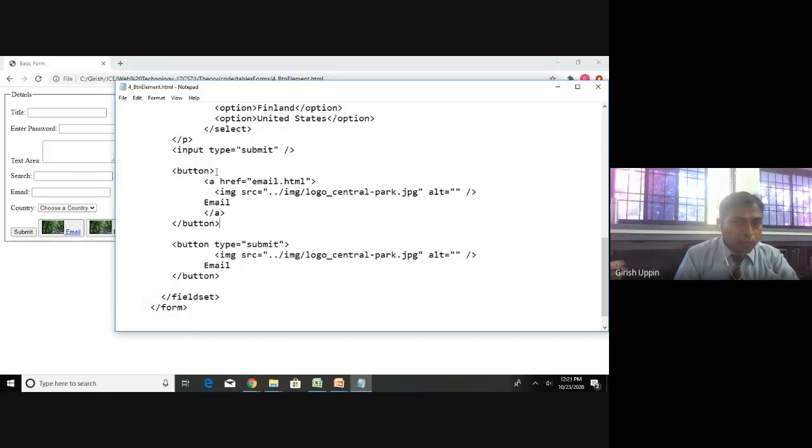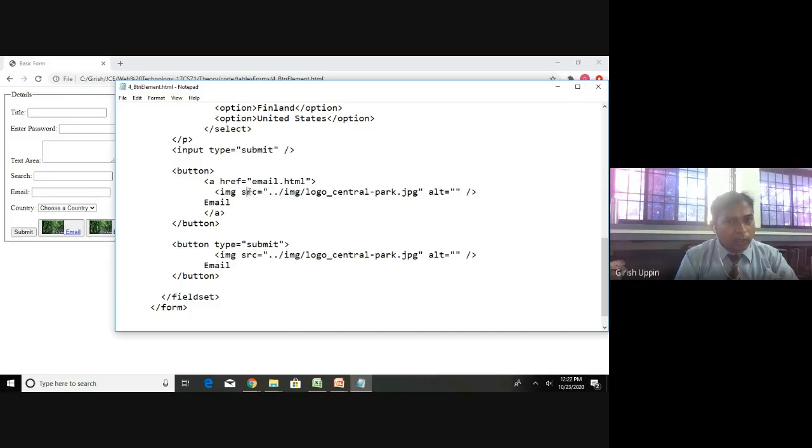Now this is the button. This is the new tag I'm going to use to create the button. This is the opening of the first button, and we have the closing tag for the button. Inside that, I am specifying a link. The first one has the link, and this link is pointing to email.html. Also I am specifying an image, so I am using the image HTML tag.